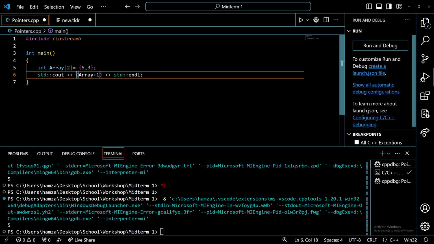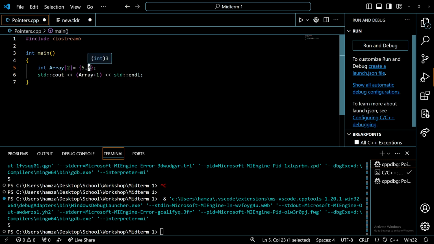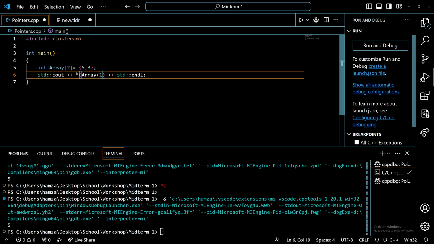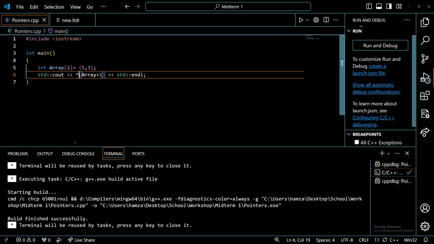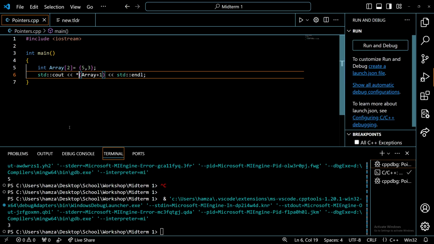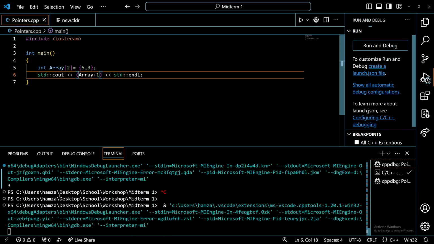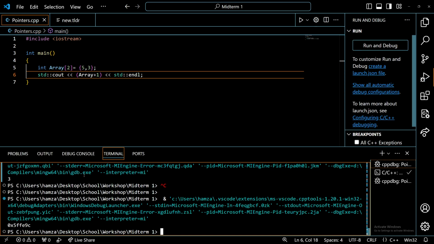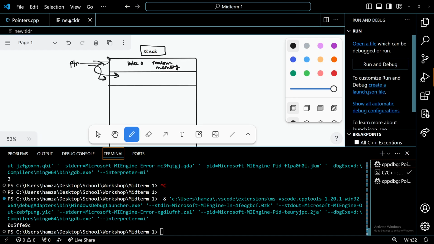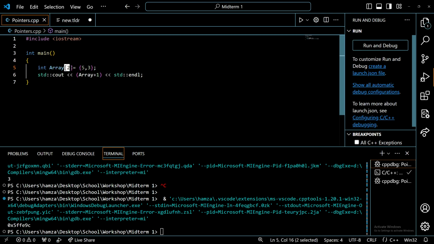Then I'm going to dereference it. If I don't, this will give me the address of 3 because it's a pointer. If I dereference it, it will get me the value of the array. And you see, if I remove this, it gives me the address. Okay, and so that's really what it is. Arrays are pointers that point to the first element of the array, and then you can increment and go downwards,